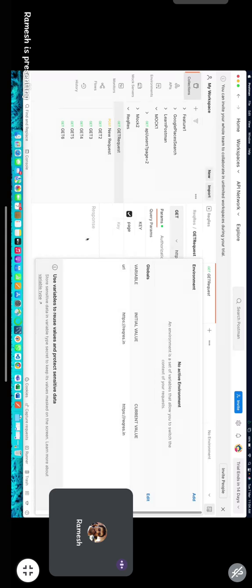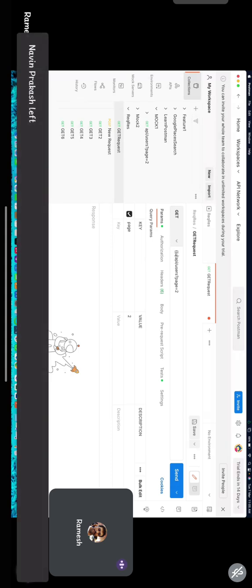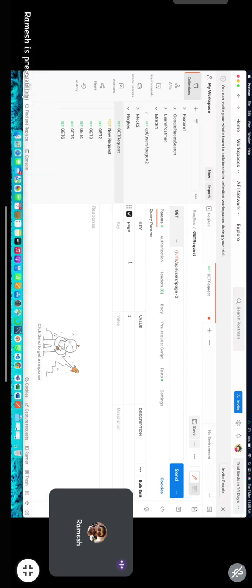There is a particular syntax: double curly braces, the name of the variable, close. It will change its color from black to orange. As simple as that. When you mouse over on it,